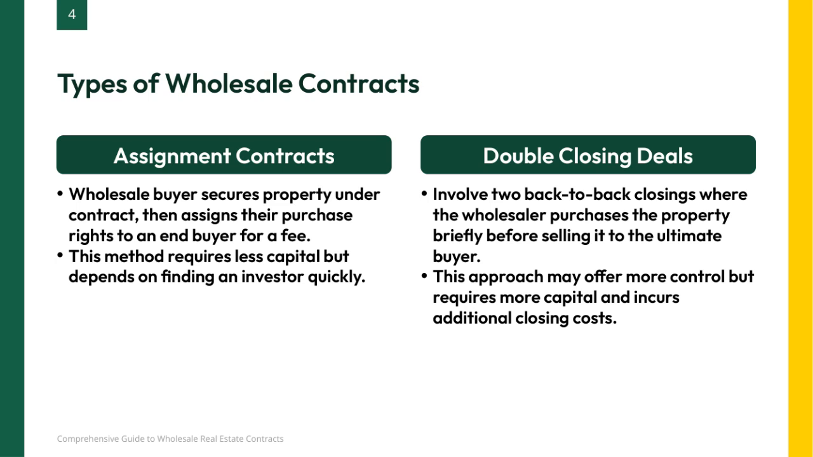take over the contract. On the other hand, double closing deals involve two back-to-back transactions. Here, the wholesaler actually purchases the property briefly before immediately selling it to the end buyer. This method can give the wholesaler more control over the process, but it also demands more capital and comes with additional closing costs. Each method has its pros and cons, and choosing between them depends on your resources and risk